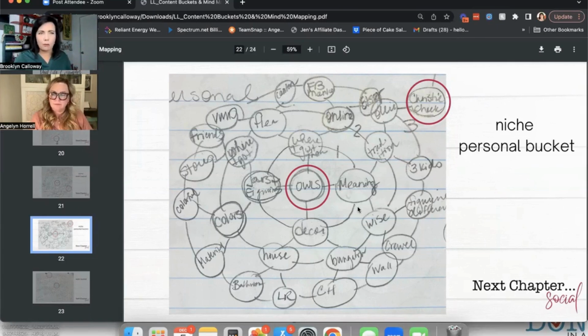And owls were my school mascot. And this all led me to this little story about a good friend of mine who was our school mascot. It was a very, very funny story at a particular game, and I exploded that story by telling the whole story. And again, that was niching down and circling back to why I collect owls.